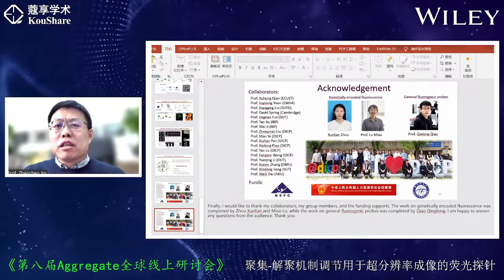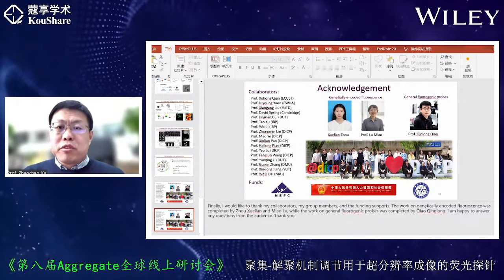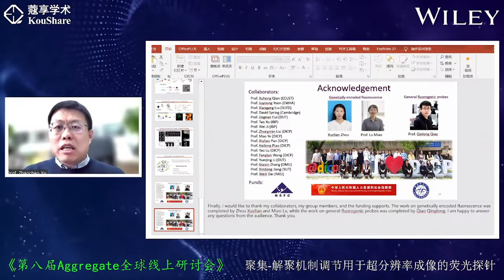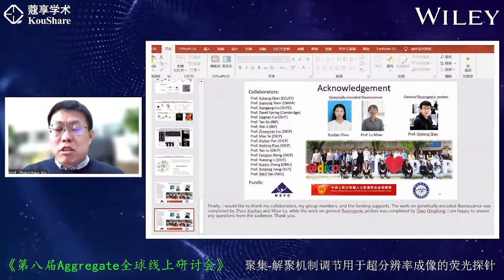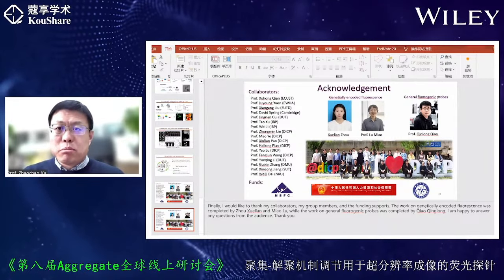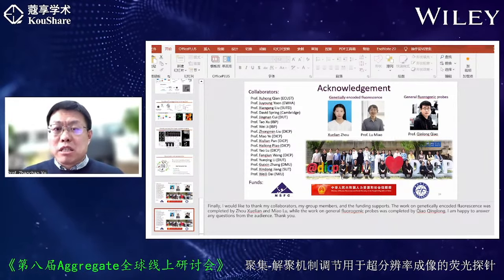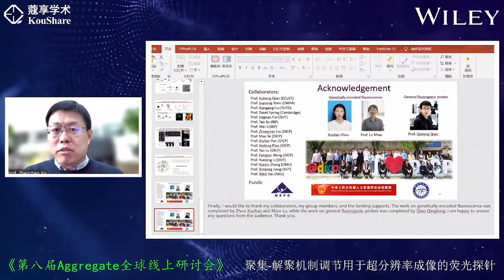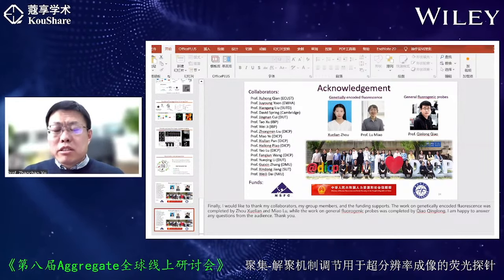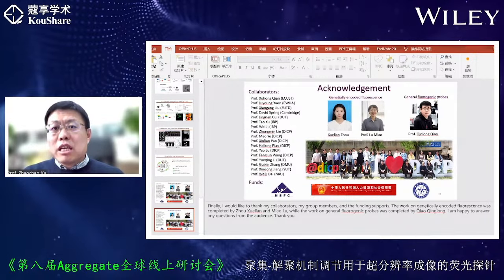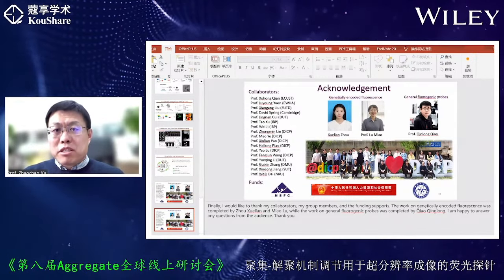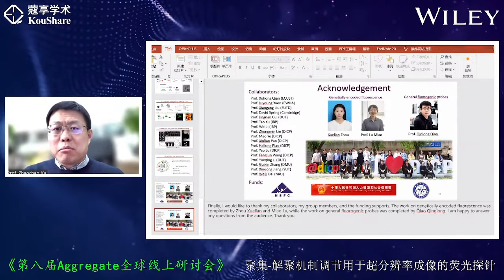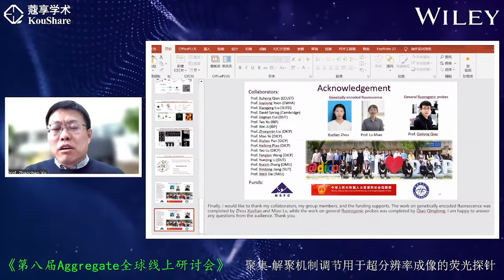Because the light intensity is very high compared with, for instance, a confocal microscope. In super resolution, the laser intensity is very high. So the fluorophore should be stable, even when excited by such a high laser.